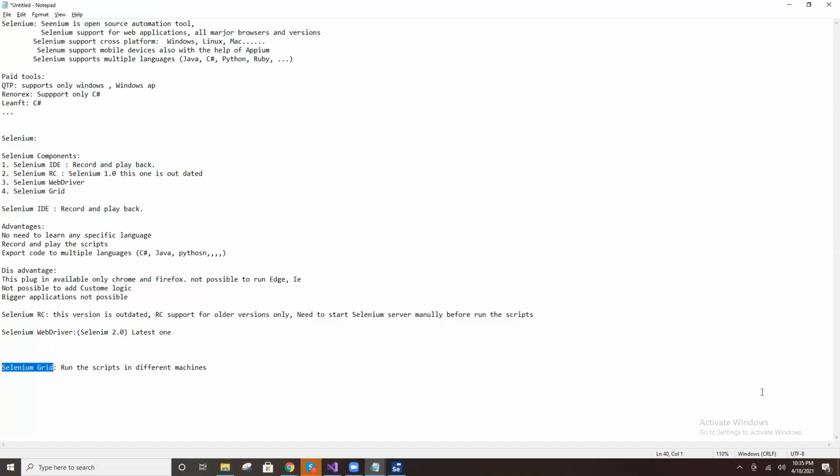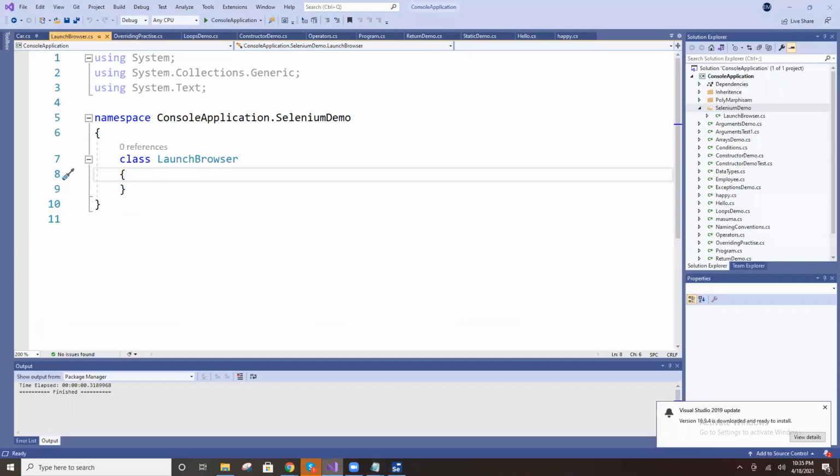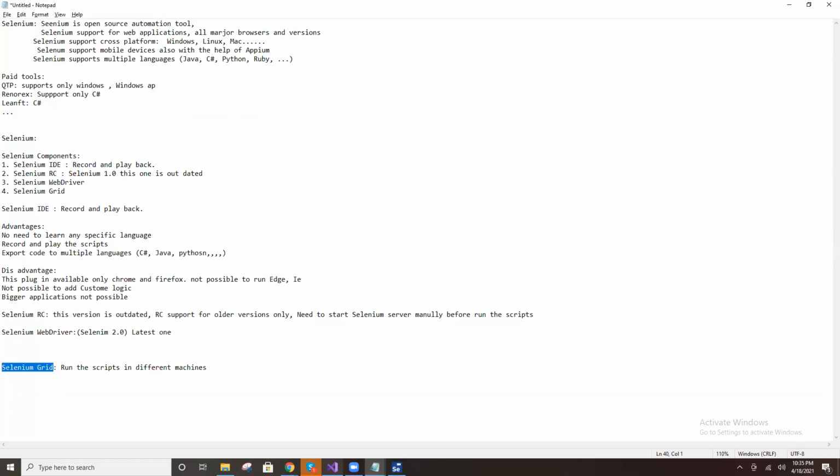For example, the code and scripts are available here and you run the test case here only. Using Selenium Grid, you run the test cases on different machines and the execution starts there. That is Selenium Grid.